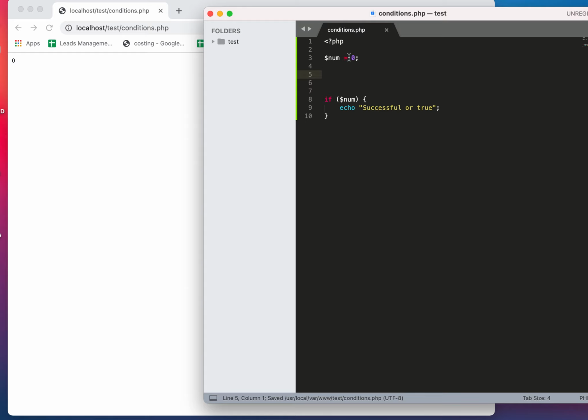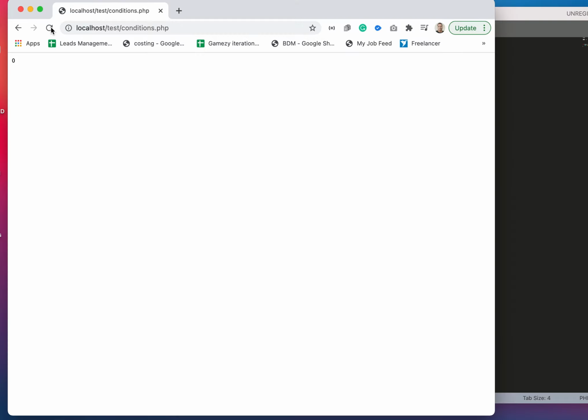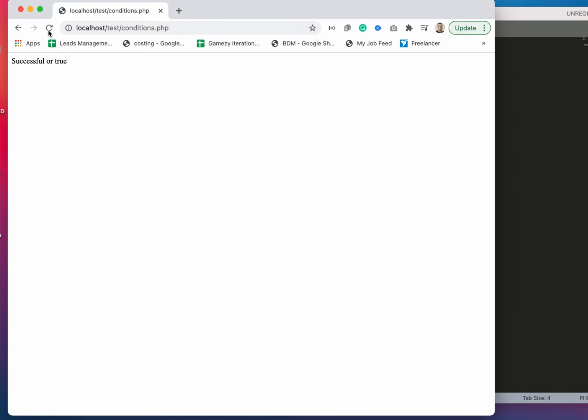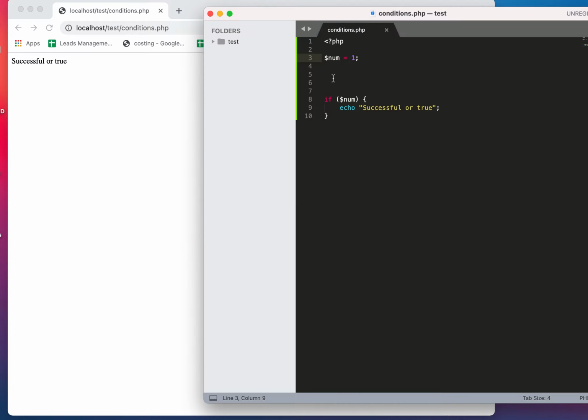Now the number is 0 at this point, and I am checking the condition of the number. Nothing is displayed, correct? And if I make this 1, it says successful, correct? Got the point?